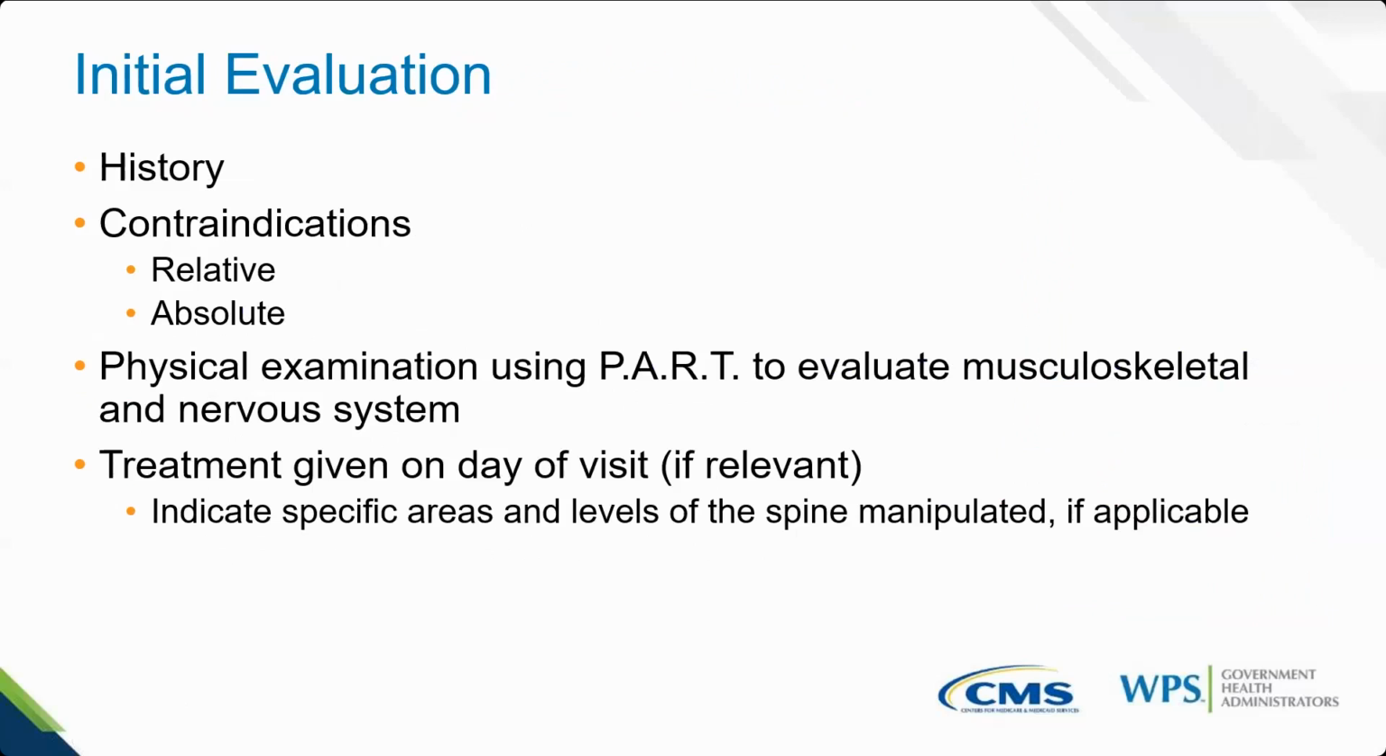Next, we will discuss initial evaluation. For the initial evaluation, there are several elements of documentation that need to be recorded in the patient's record. First is history. The history should include the date of initial treatment, description of a current illness, symptoms causing patient to seek treatment, including documentation of symptoms